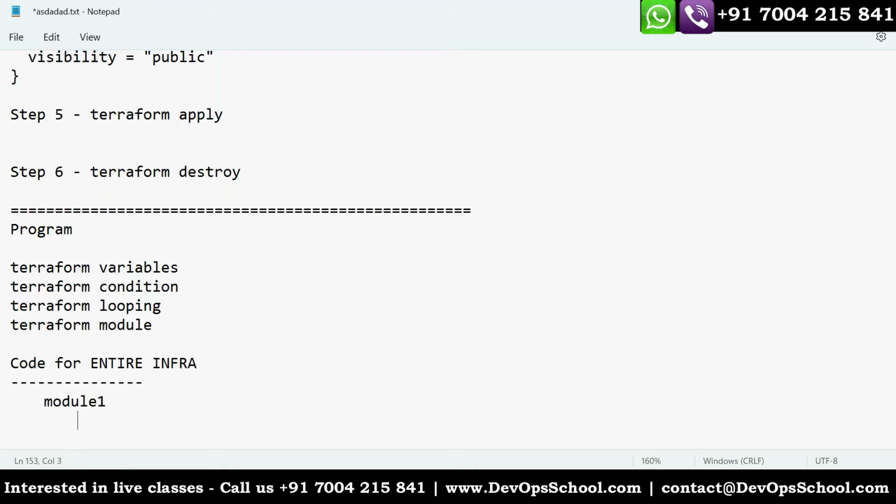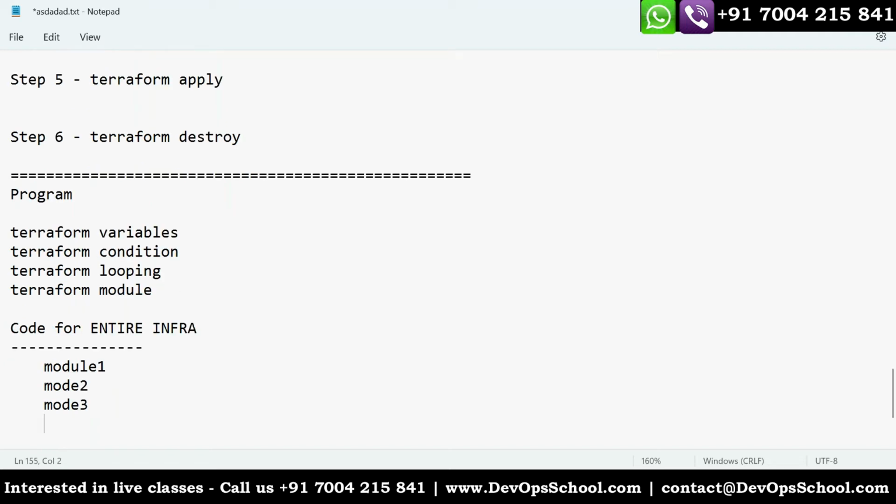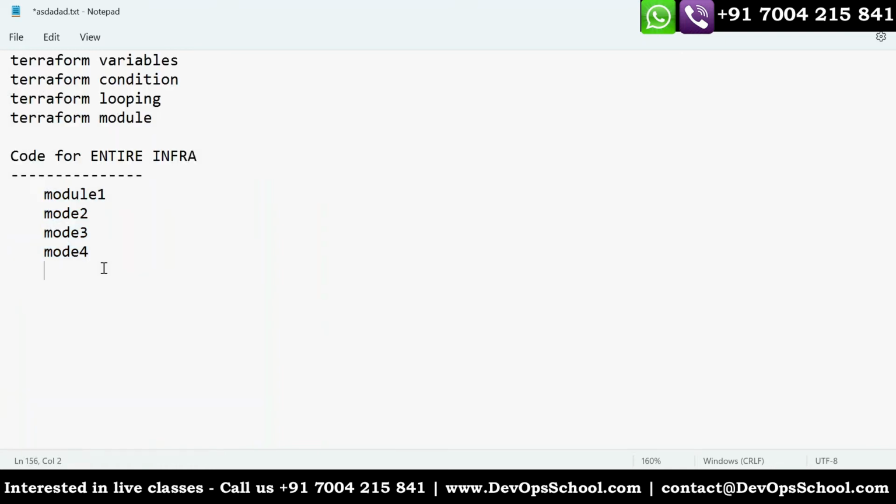Module 1, module 2, module 3, module 4. I'll discuss that one. Now you execute this module or every module, this depends on you. For example, I'll give you an example. Create AWS infra, which includes VPC, security, route tables, subnets, and all.